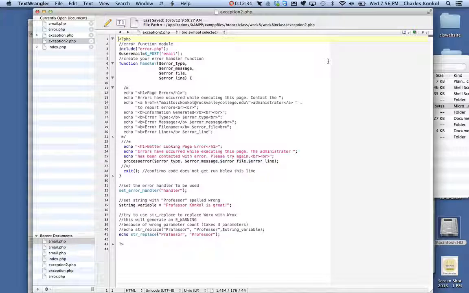Now, this one is a very detailed example of an error message, okay? Because remember in that email I showed you, not only was there an error, it showed me the exact message of the error, what file it was found on, the file path on the server, and the line the error was thrown, okay? And that's important for a developer because